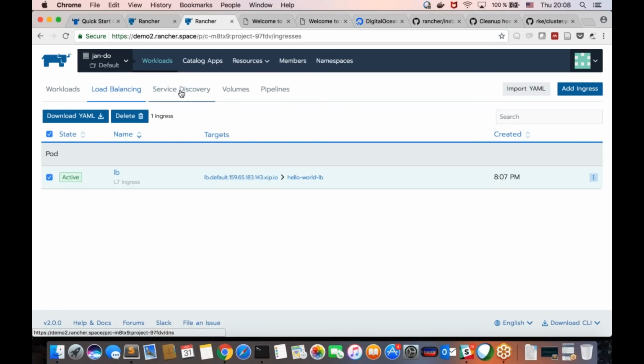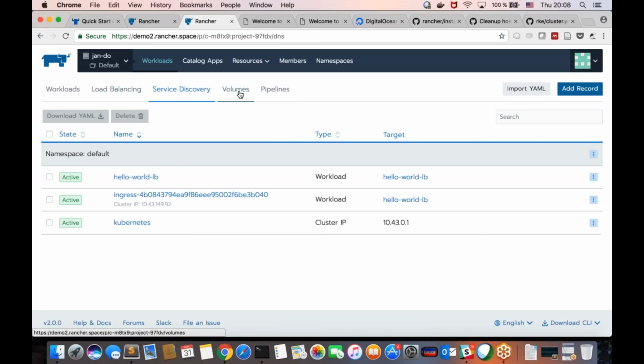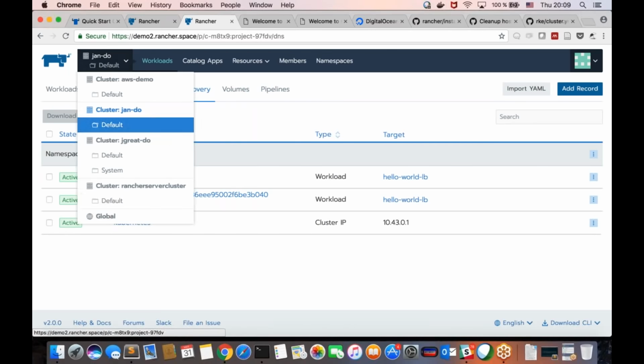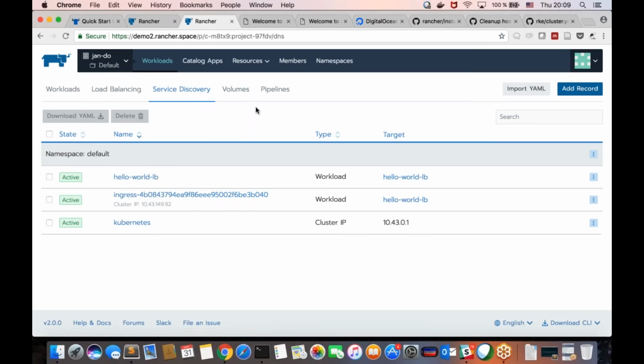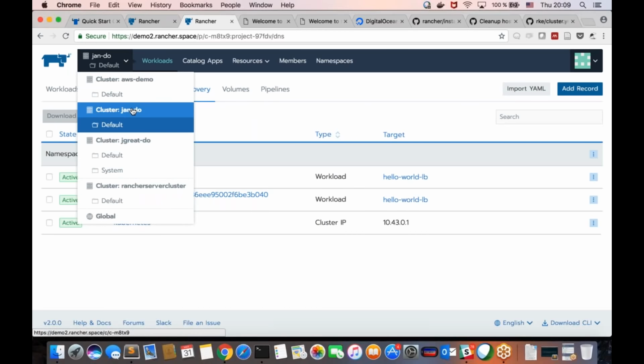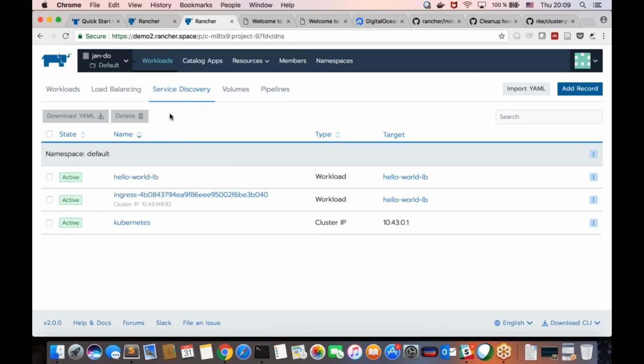So this is the load balancing side. And then let's have a quick look at volumes, because this is always very interesting for people. What happens if I have an application that needs persistent storage to store its state? In the Kubernetes world, this is called a persistent volume claim. And with a persistent volume claim, you can either define these volumes explicitly and then attach them to a workload,